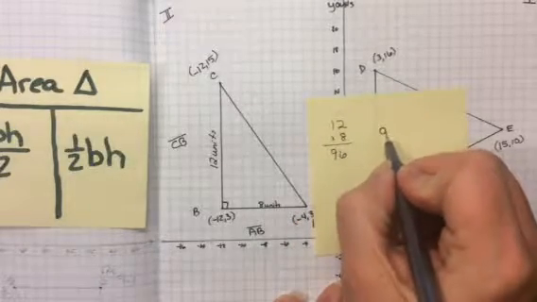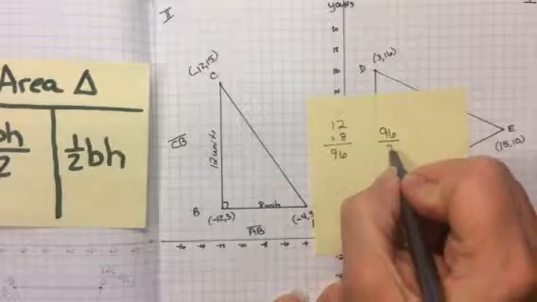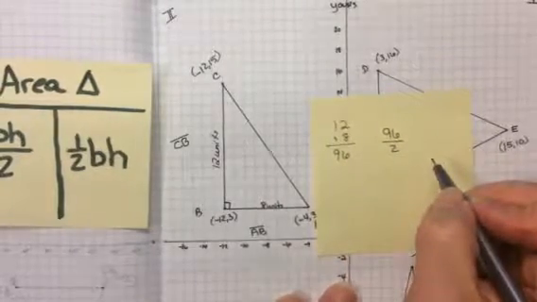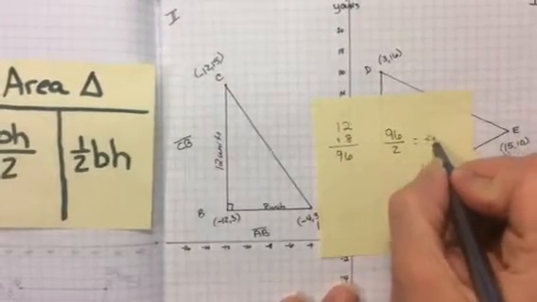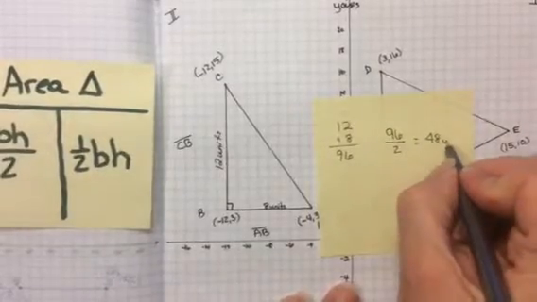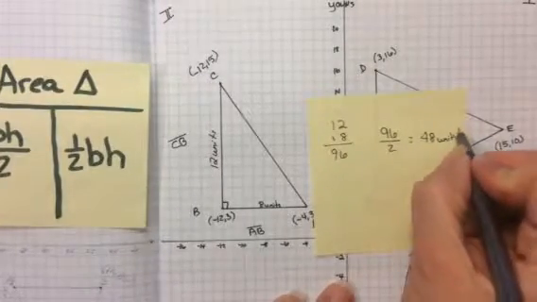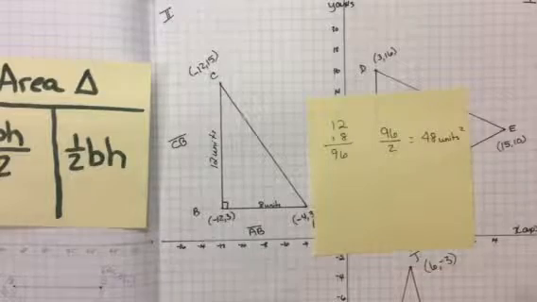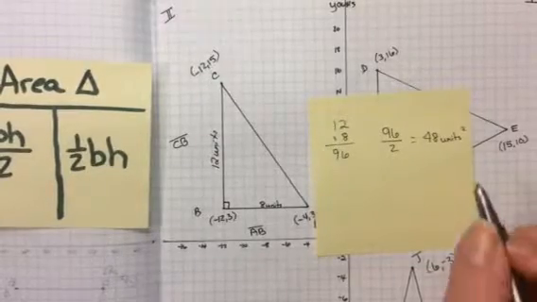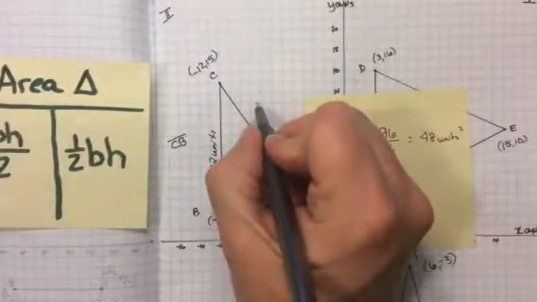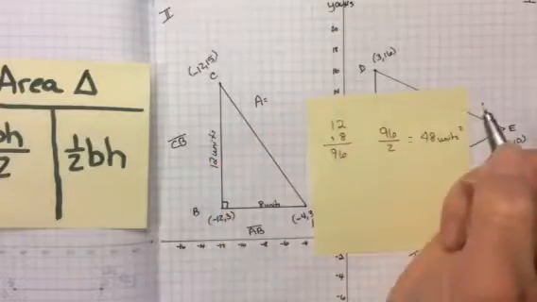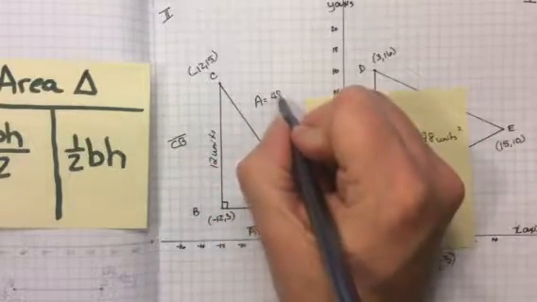So then if I were to take 96, divide that by 2, I would get 48 units squared. Okay, so for this first triangle, the area equals 48